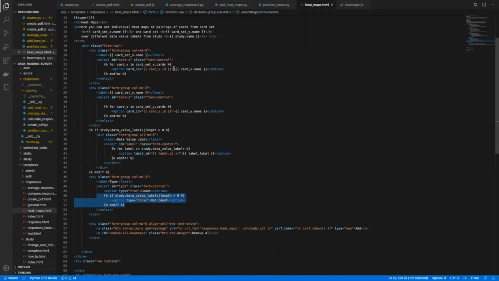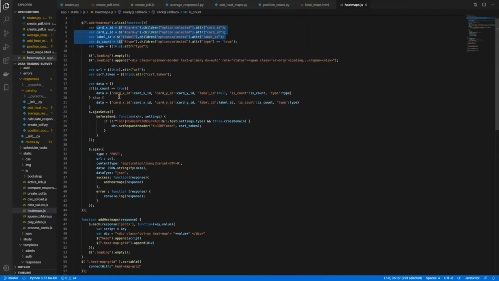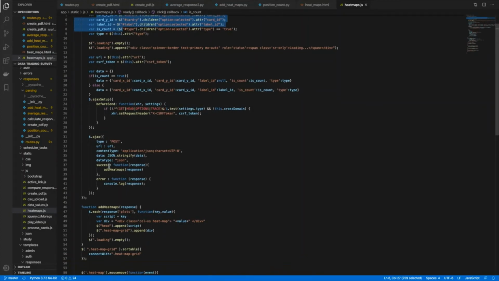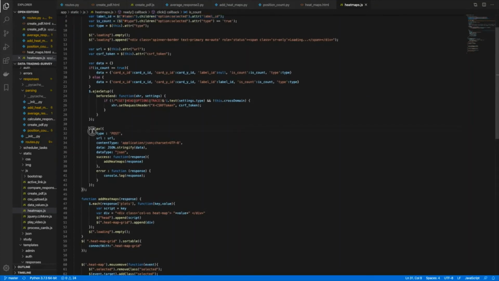Instead of posting this data directly back to the server, upon the administrator clicking the add button here, this JavaScript function is called, which basically takes the options selected by the administrator and adds them to an object and sends that back to the server here using this Ajax method.